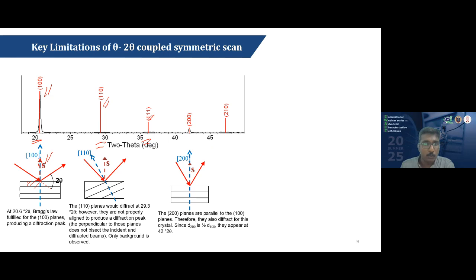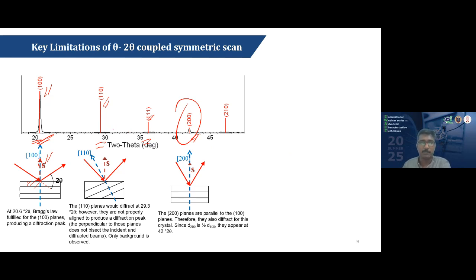And here the 200 peak, which is parallel to the 100 peak, can be seen. The interplanar spacing of the 200 peak is about half of that of the 100, and so we can see the 200 peak at an angle twice that of the 100 peak, that is about 42 degrees here. So what we have to do to observe these 110 and 111 planes, that is those planes which are tilted